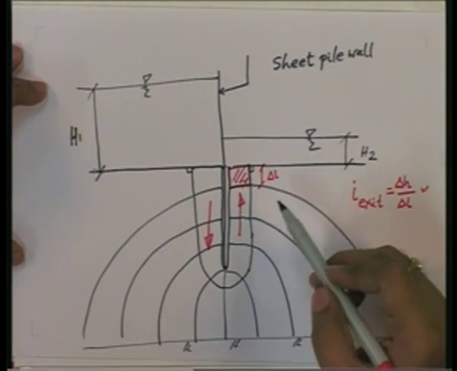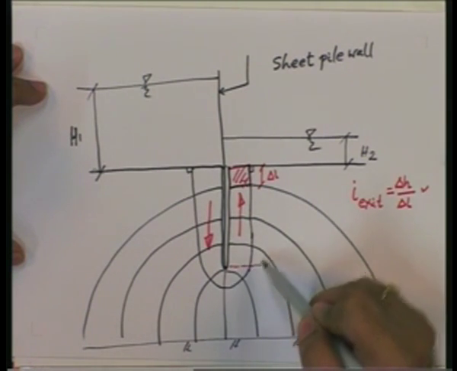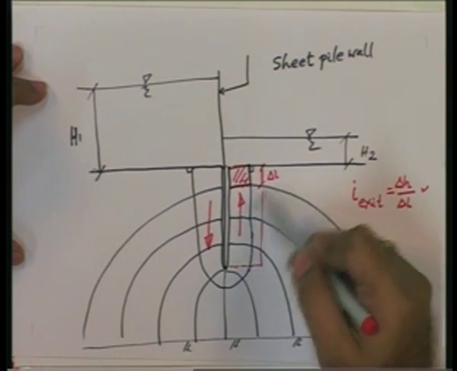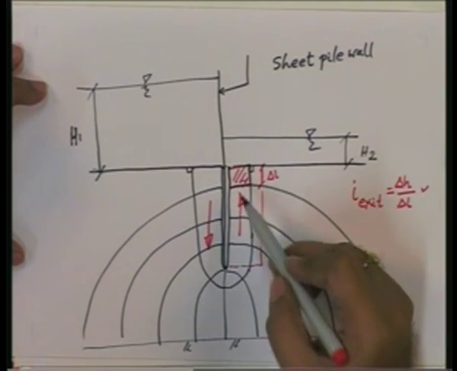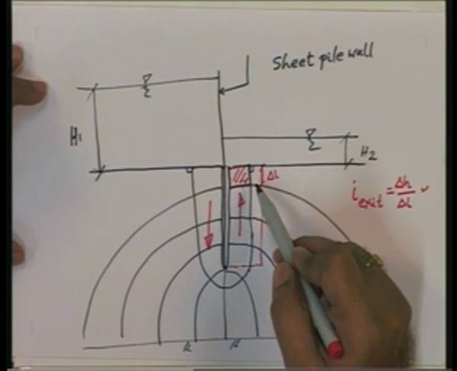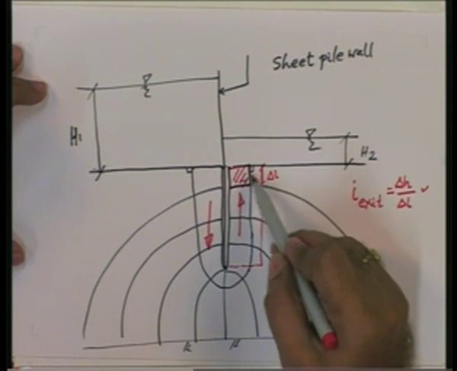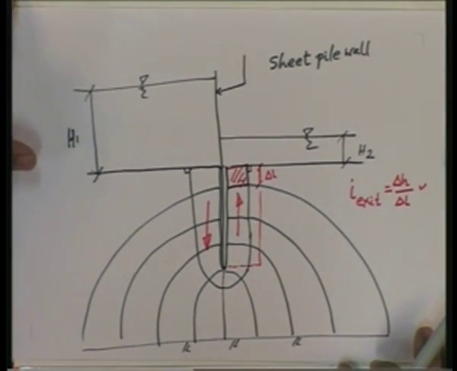But what we are discussing is two cases. There is a chance that this entire layer can get uplifted, and that particular case will be discussed now. Then afterwards, there is another method to evaluate the factor of safety against piping failure, that is based on this exit gradient method. So, these two methods we will discuss shortly.